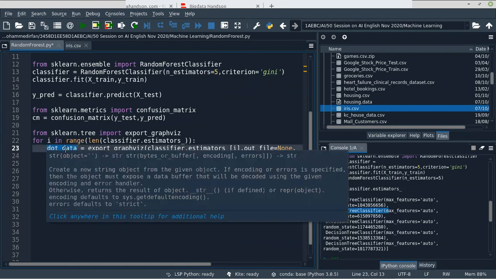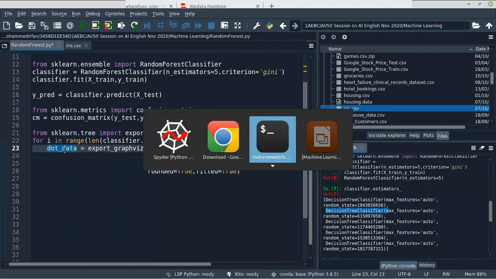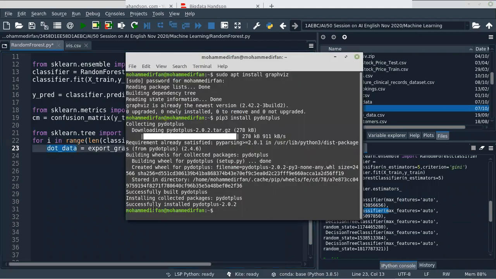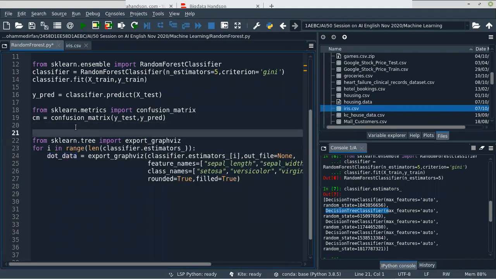Now we want to convert this dot data into a png file. So let me check whether it's installed or not. Okay, so it successfully installed pydotplus. Now we can import the library, import pydotplus.